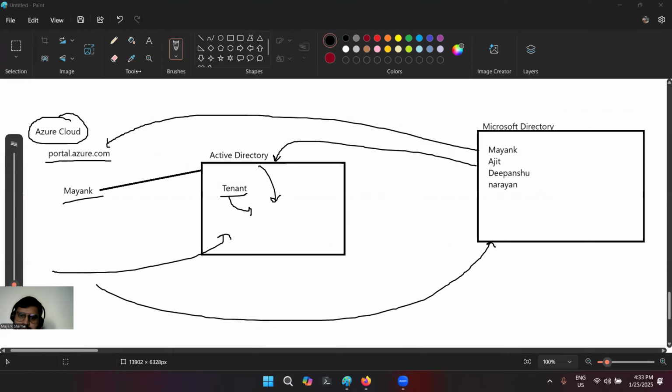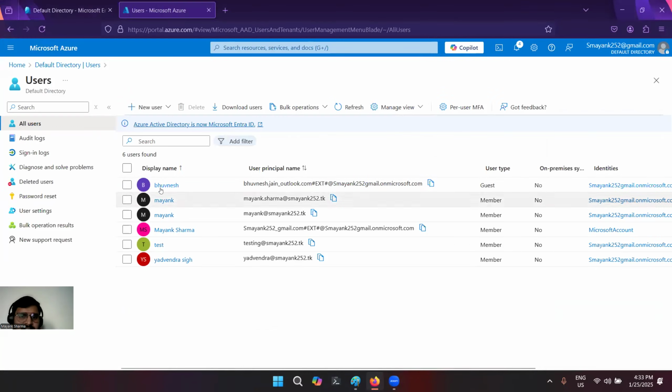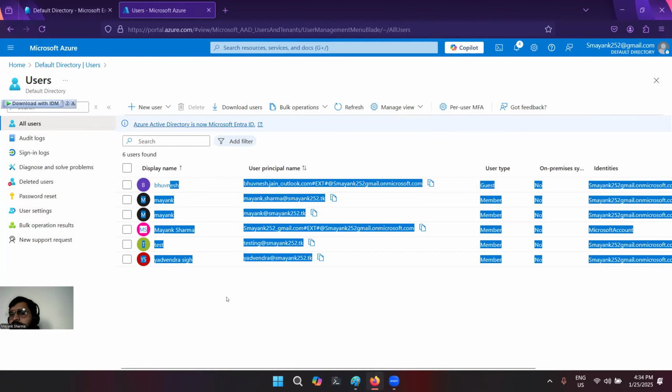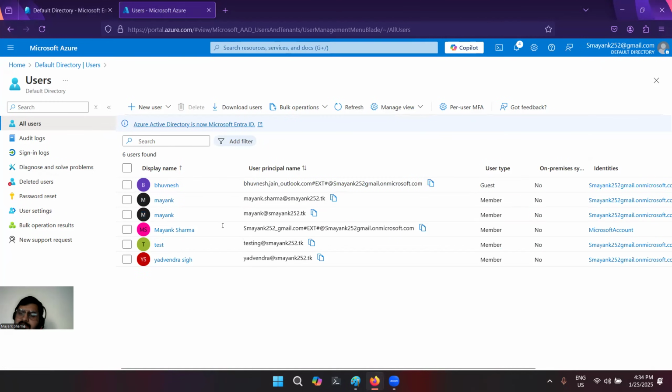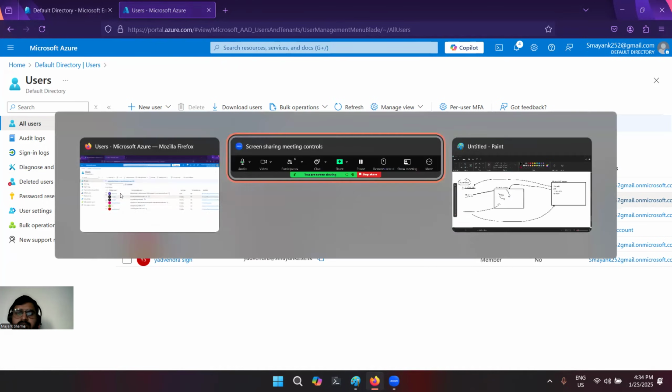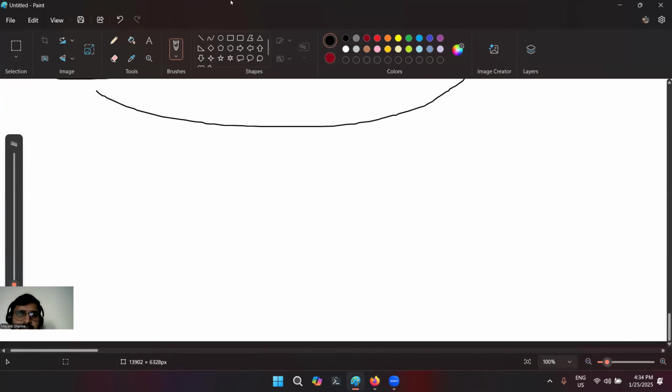Okay, so where are we in the portal? So now we have multiple users which are invited and which can access my account. Now we know that I have multiple users. Now I also want to manage those users as well. So instead of assigning licenses to a single user, I want to make sure that each and, sorry, there are multiple people. So let me create a diagram for this.